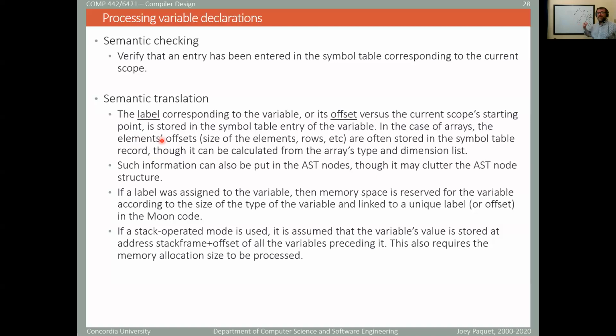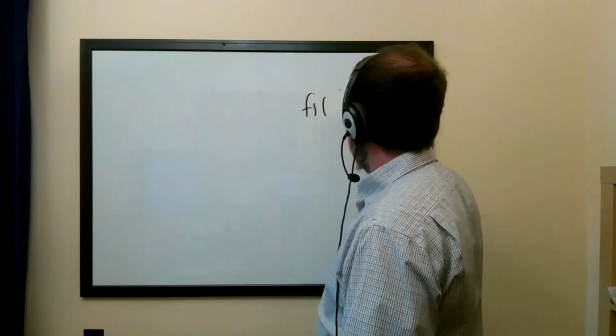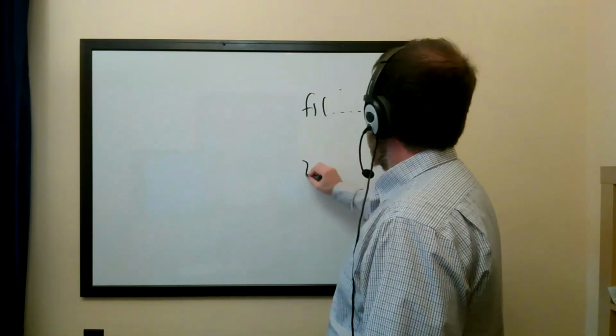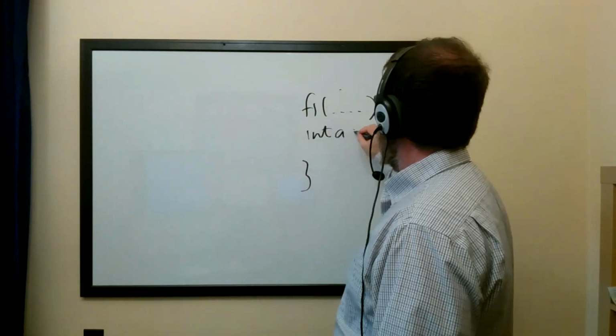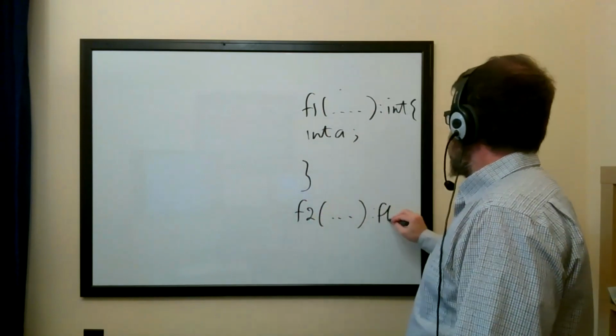this variable. You might think that this label is equal to the name of the variable, but I'm just going to give you a very simple example to show how this is not generally the case. So if you have a program with this function f1, which takes some parameter and returns an int, and then you have, let's say, a variable a defined here, and then let's say you have another function that returns a float,